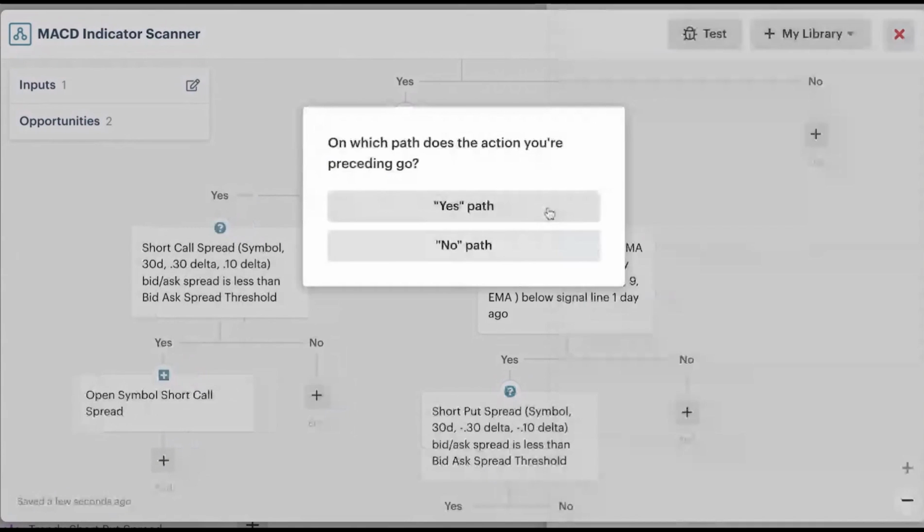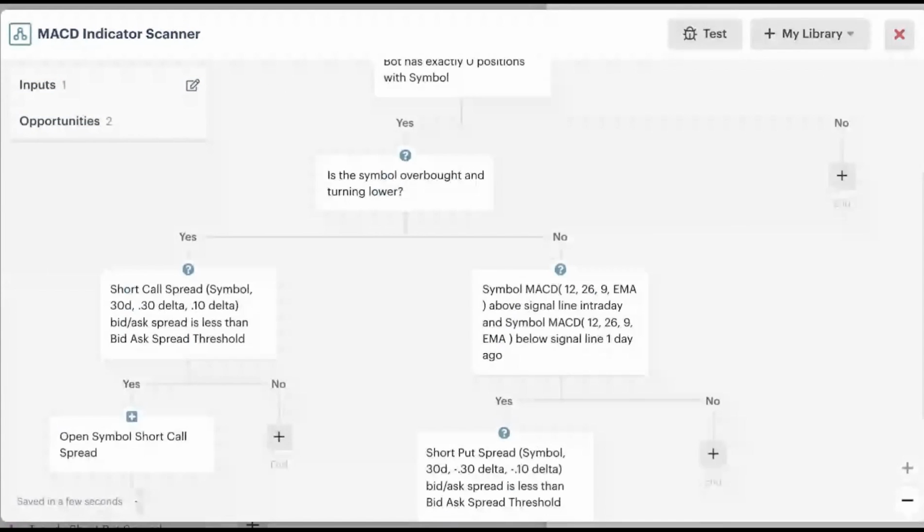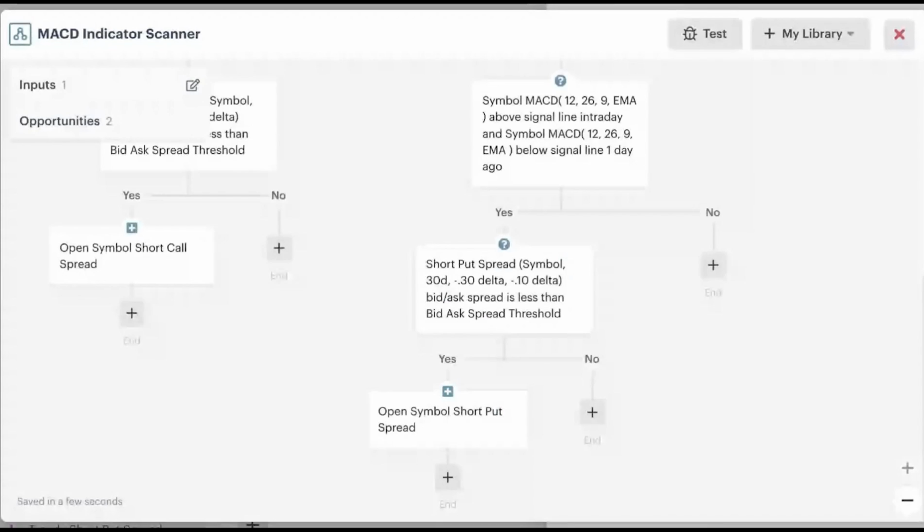Am I going too fast on this, or going at a good pace? So now not only are we checking for the MACD signals, but we're also doing a very quick little liquidity check to make sure that the bid ask spread is low enough for this potential opportunity before we send it over to our broker. So once we're good to go here, we're going to go ahead and just exit out of our